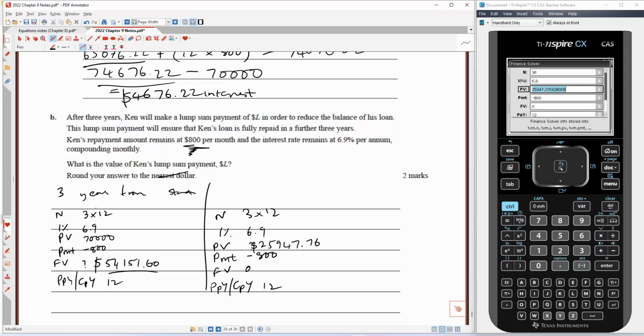Now, at the 3 years from start mark, the future value was this. This is how much I owed. To terminate the loan, I need this amount here to go down to that amount, which is going to be the value of the lump sum payment. So to work out the lump sum payment, all I'm going to do is 54151.60, subtract this amount here, 25947.76, and that equals